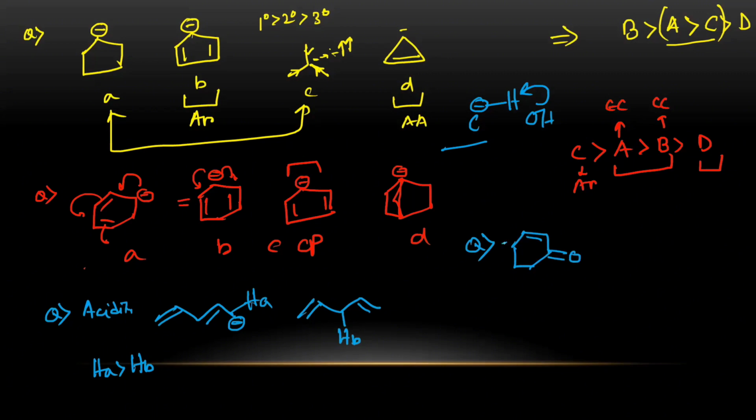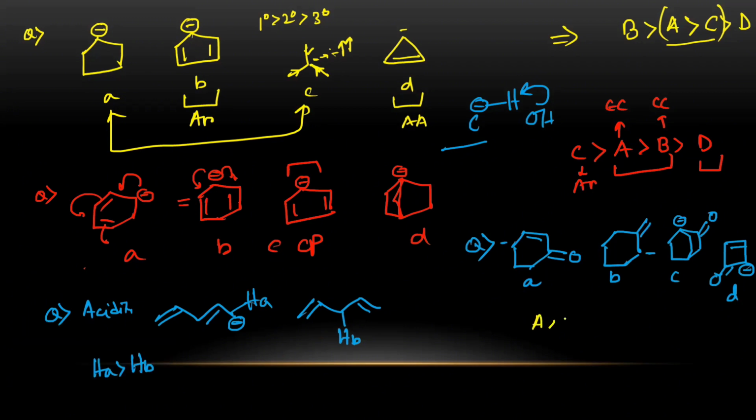Double bond O, negatively charged. C double bond C, negatively charged. C double bond O, negatively charged. And double bond O, negatively charged. Now A, B, C, D. Now it's your turn. The answer will be